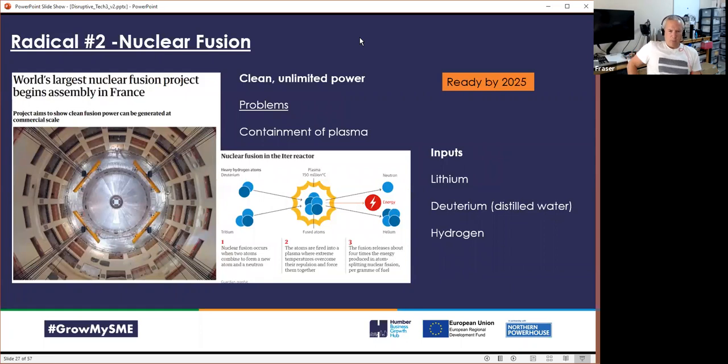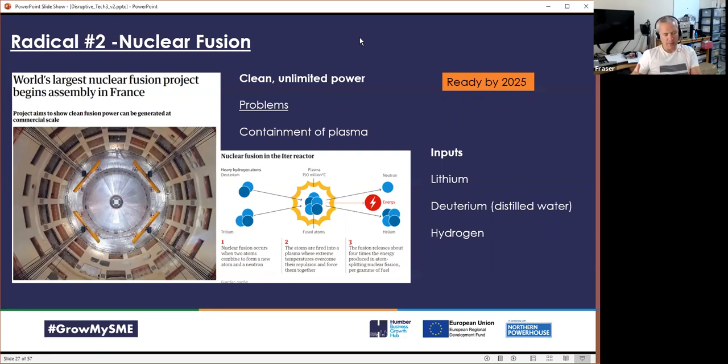The other area of physics I think we need to be aware of and that will change our lives is nuclear, and fusion is pretty much ready by 2025. The government's saying, for those of you who are not familiar, basically it's the opposite of fission, which is where you smash hydrogen together. It's a bit like the way the sun works. The problems have been how we make that process work with all of the heat that's going on safely, and pretty much people have cracked that now with some clever use of plasma and so on.